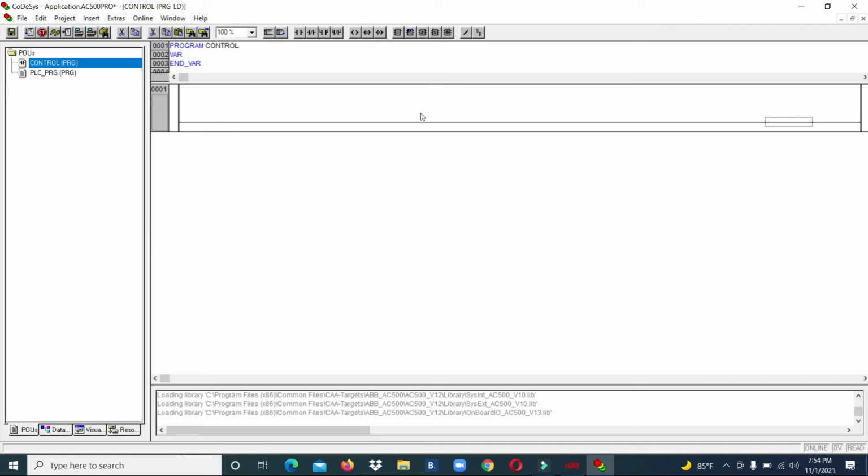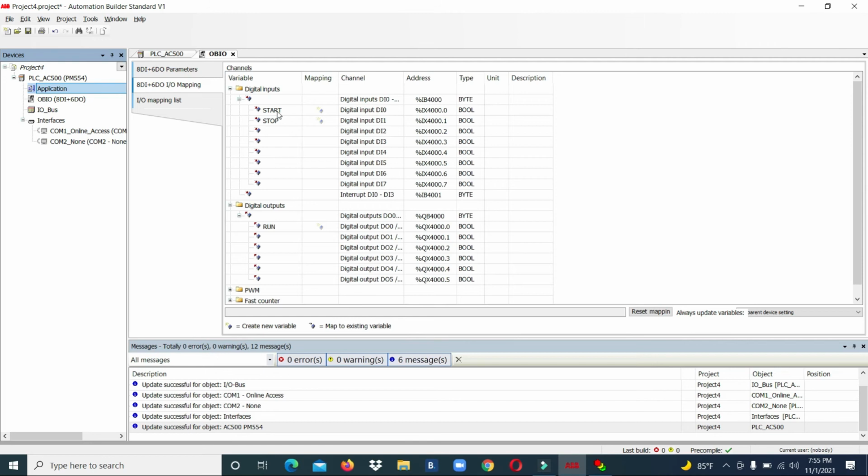On the top you can see network before button and network after button, normally open, normally close, parallel, normally open parallel. You can see all the buttons available on the top. Here you can select directly whatever you need. So this is no input. What input do we have to give here? We have already assigned start. So now we will go with start.